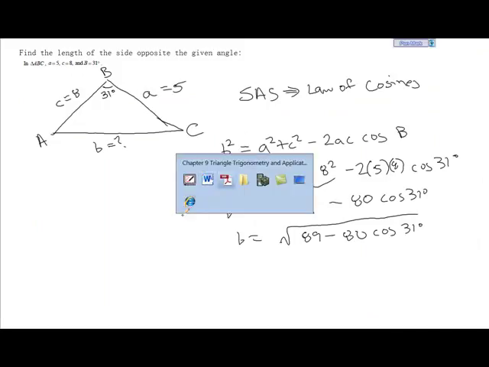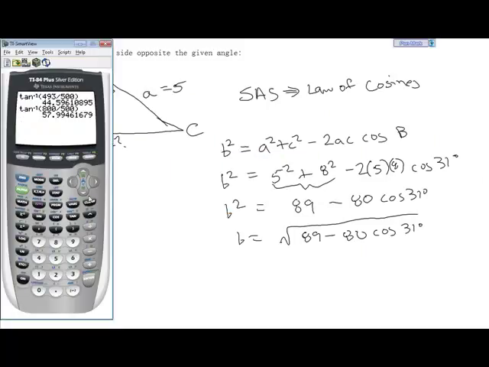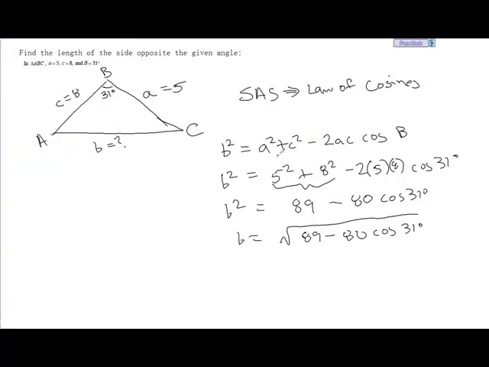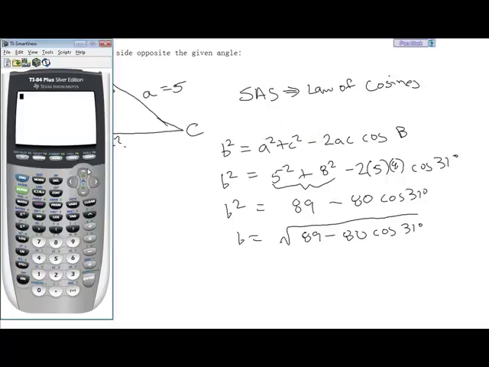We want to make sure that we're in degree mode. So I'm always going to check my mode just to make sure. And actually, excuse me, it doesn't matter in this case since we're not solving for an angle, we're solving for a side, but it's just a good practice to get into. Good habit. So square root of 89 minus 80 cosine of 31, close parenthesis, close the square root, and we have that this is approximately 4.5,